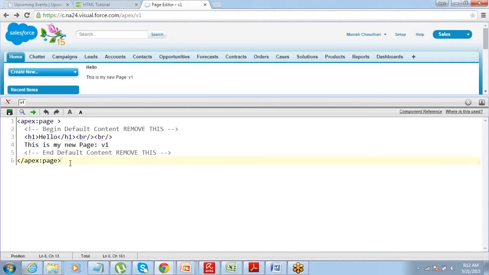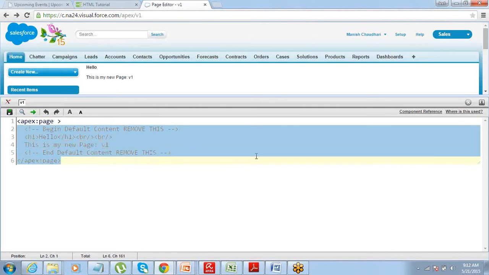A component should start and it should also end. You'll have to begin a component and end the component. I have this page component starting at line 1 and it ends at line 6. The page component is a mandatory component, required for all Visualforce pages.